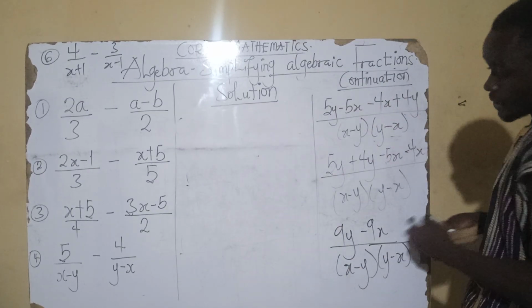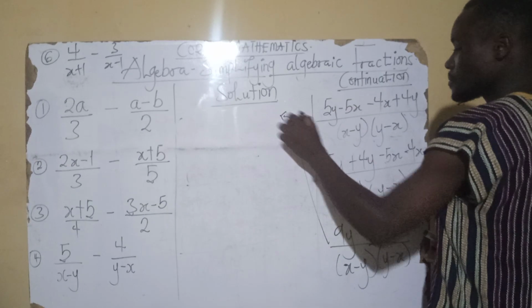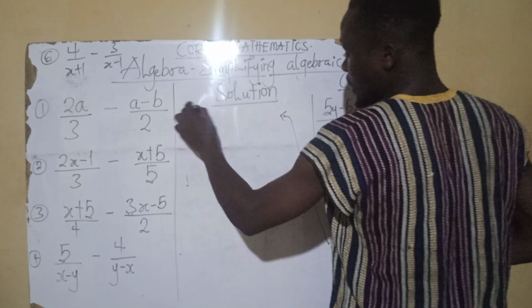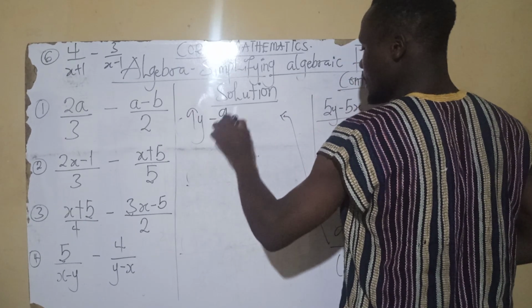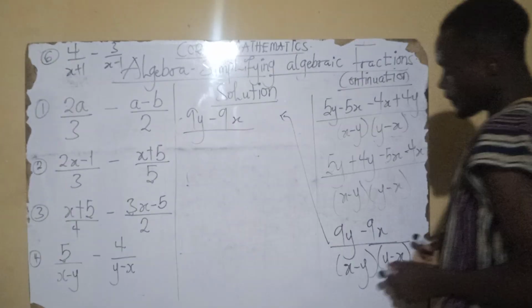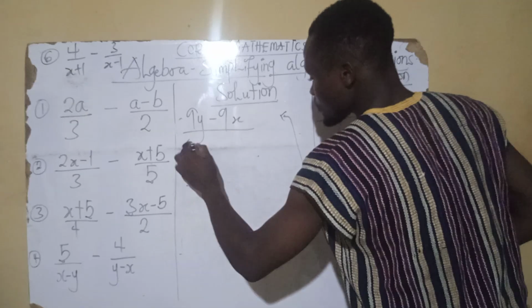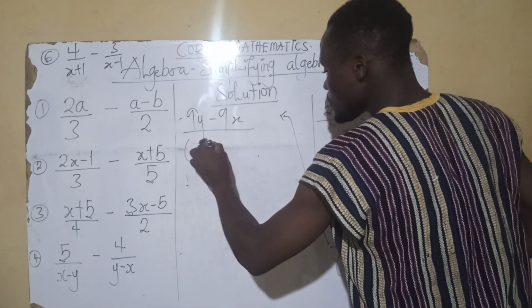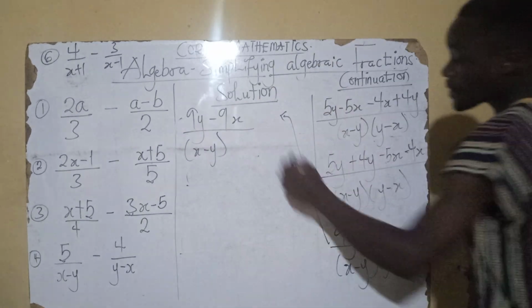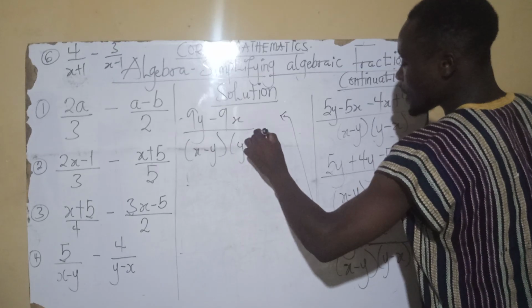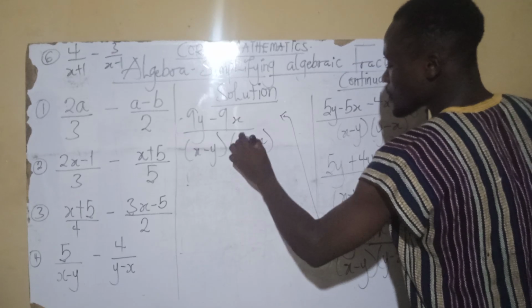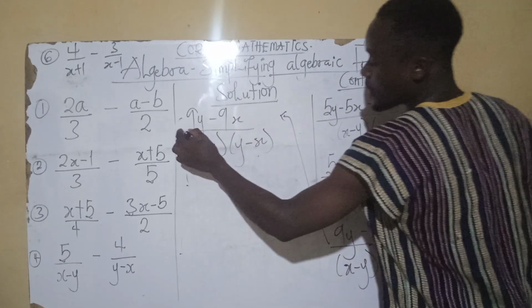So I continue this on the other side of the board. So I have 9y minus 9x, which is all over x minus y, then I have y minus x. Okay, so over here